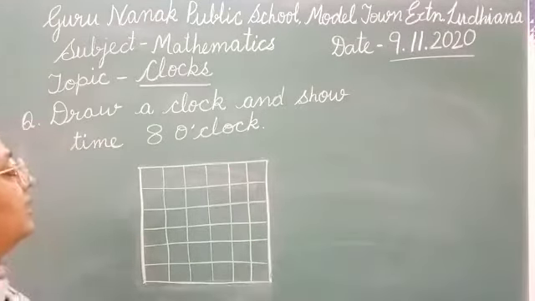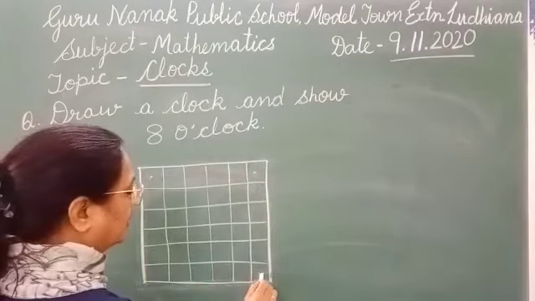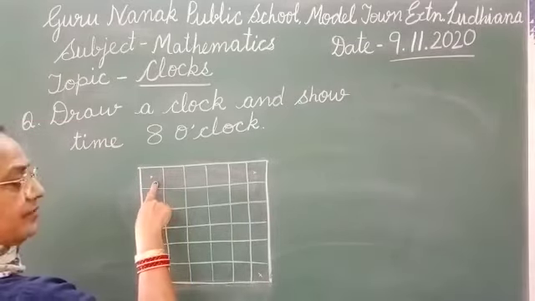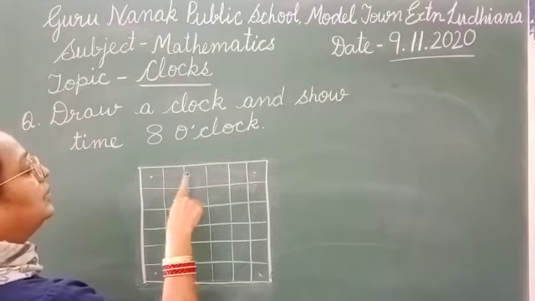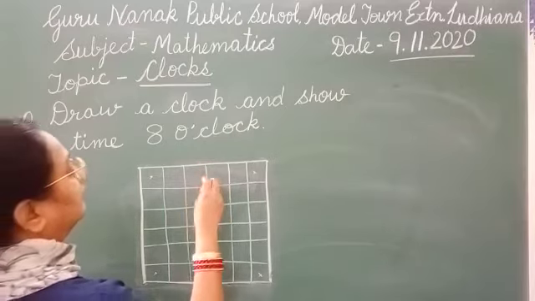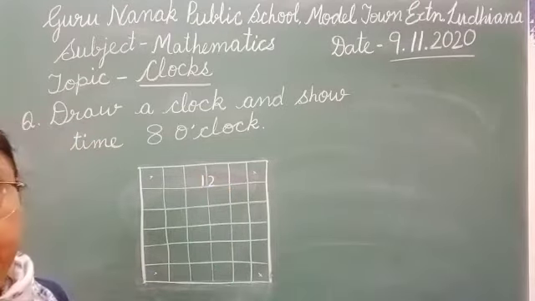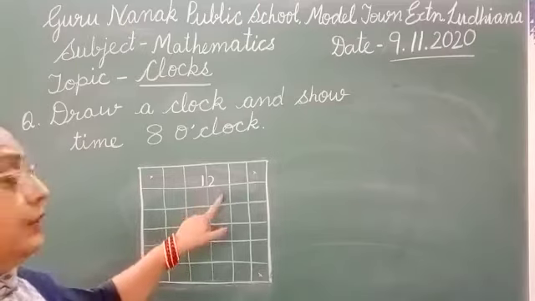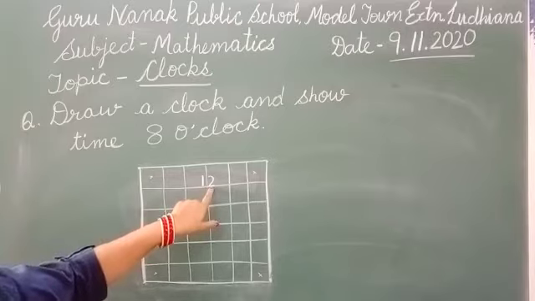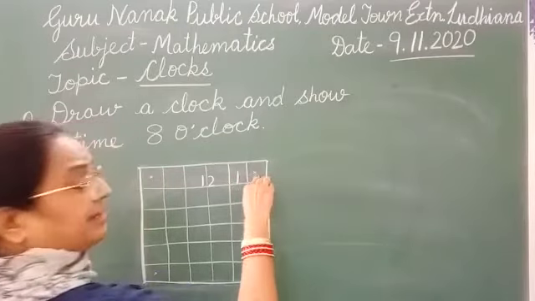Is it clear? Now first of all you will put a small cross in the corner boxes. Is it clear? Then one we have left, put a cross. 2. In 3 what we will do? We will use these 2, 3 and 4. 1 we will write here, 2 we will write here. It is 12. It is not 1 or 2, it's 12. 1 comes in the third box, 2 comes in the fourth box.